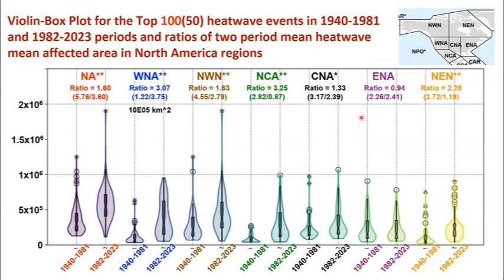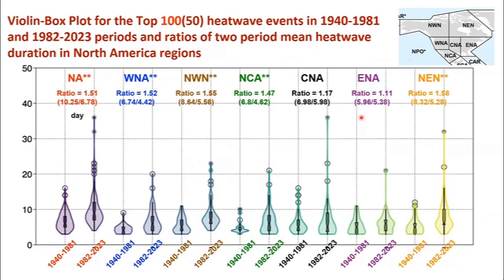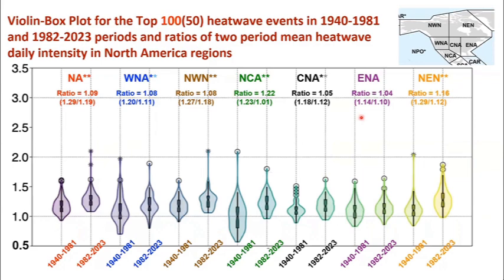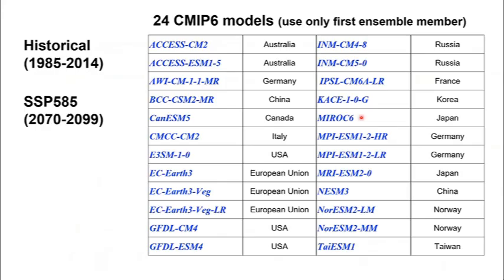And you can also look at the area, with similar regional differences. You can find duration also similar, although it does not really differ that much from the area average, except for the Central and Eastern North America regions. And the mean intensity is also not changing that much among different regions, except some regions are somewhat higher than the total domain average. Okay.